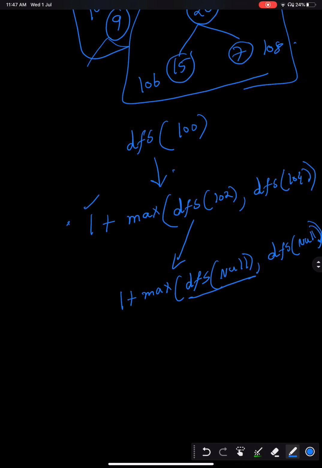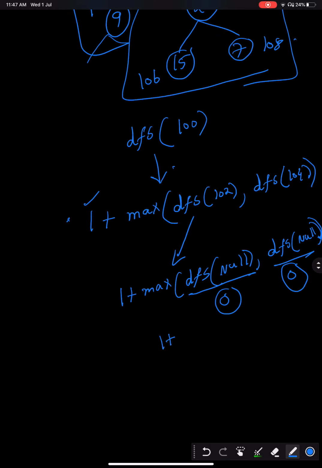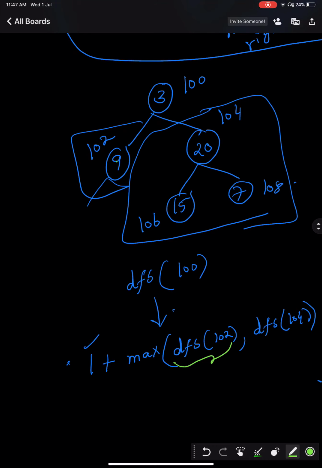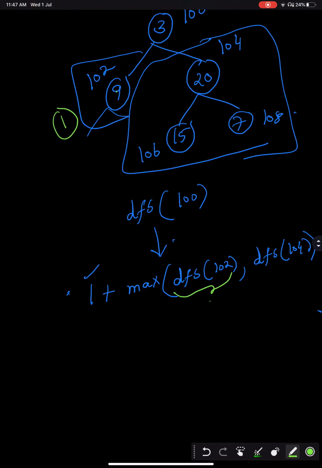So this will return 0 and this will return 0. So it will be 1 plus 0, which is 1. So for DFS of 102, we have found the answer for the maximum depth of 9, which is 1. So this will return with a value of 1.